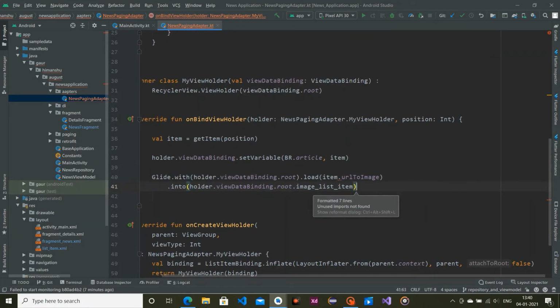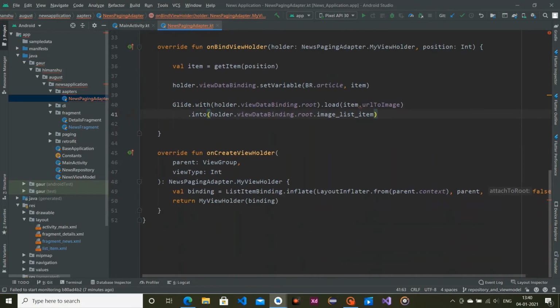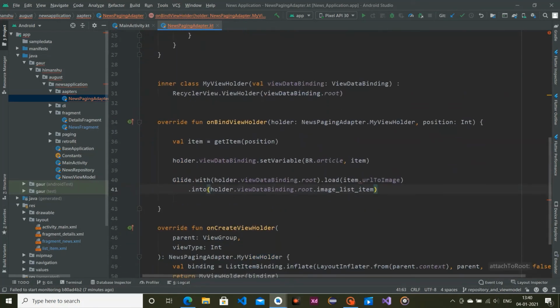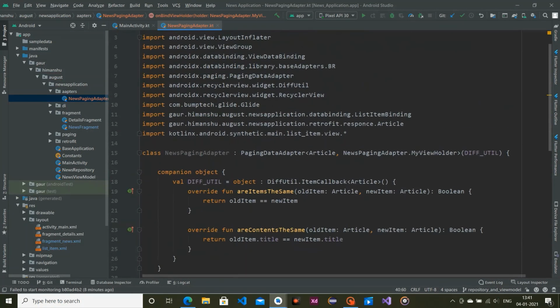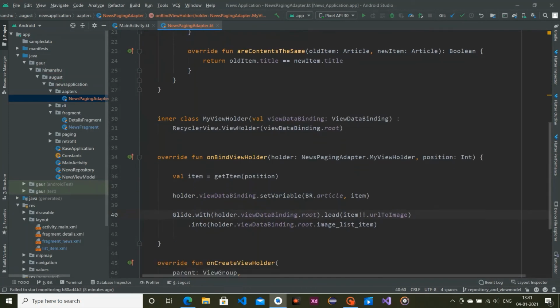So that's it for our adapter thing. Yes, I know what I'm doing, don't worry. And yes, our news paging adapter will be complete.